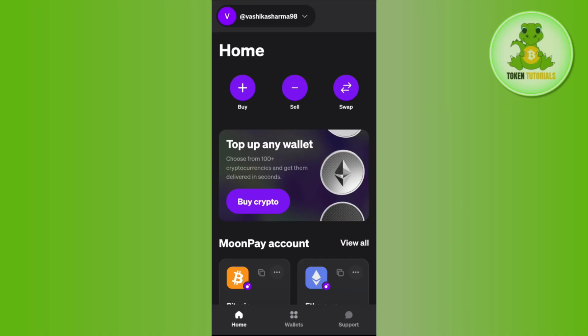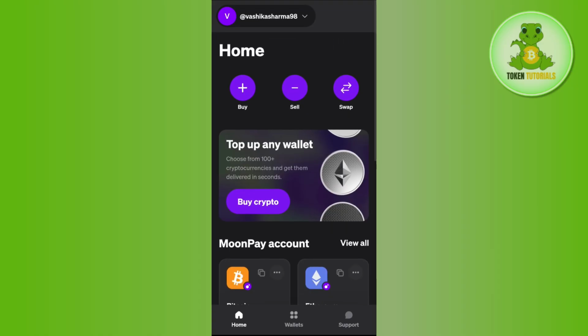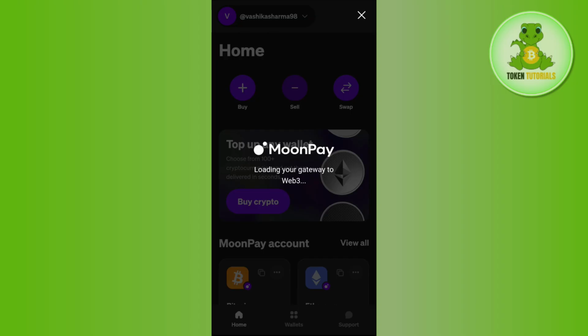So first of all, you need to log in to your Moonpay account with the help of your registered email address and password if you haven't already. Now, in order to withdraw your money or sell your cryptos here in your Moonpay account, you need to first of all verify your account. So you need to make sure that your account has completed the identity verification, because withdrawals require the KYC to be completed. So once you have it done, simply click on the option of sell tab that you see here